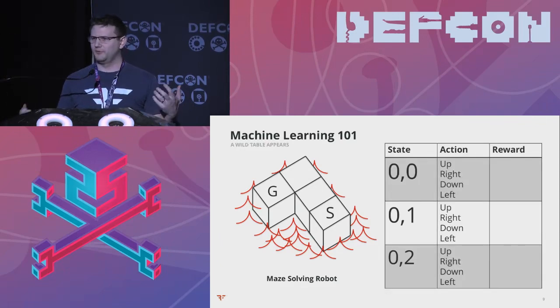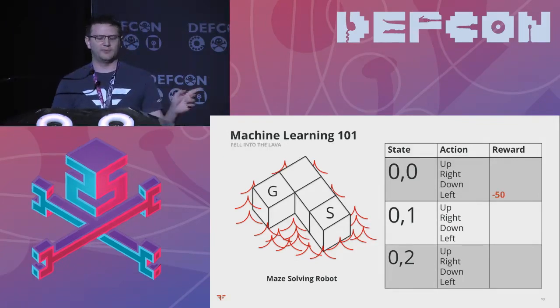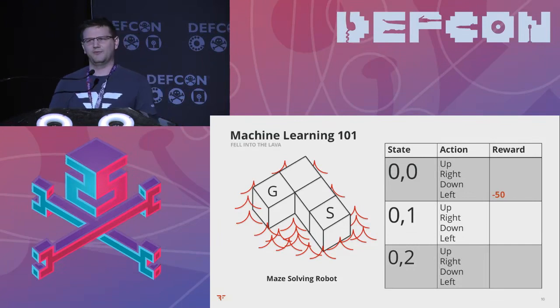This is the most simple machine learning algorithm possible. Basically, you just have your robot take actions and record the reward that it gets. So for instance, it might take a step starting at the starting position here, take a step left, fall into the lava and go, damn, that's minus 50 points, where it just arbitrarily knows that 50 points is what you get for falling into lava. And then it knows to not try that again, or at least it knows to try to explore some other state. So it might then try moving upward and get -1 and say, hey, that was a little bit better.